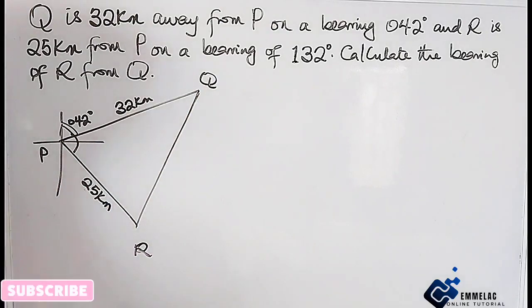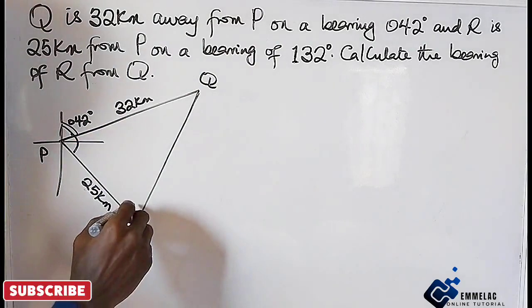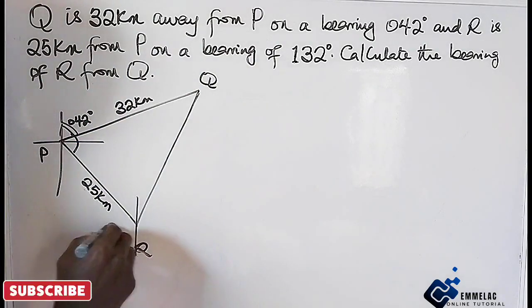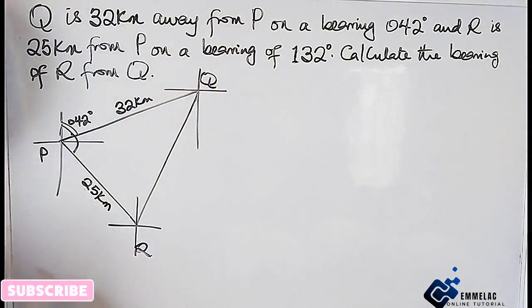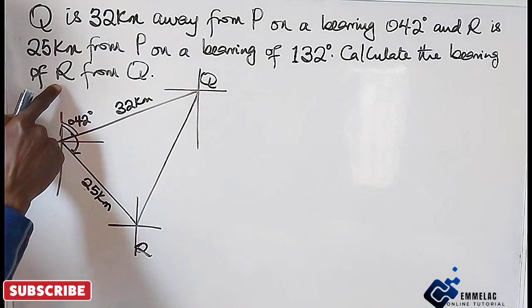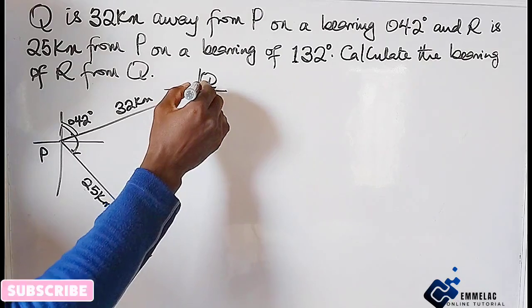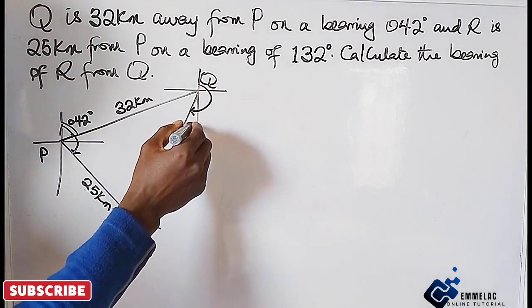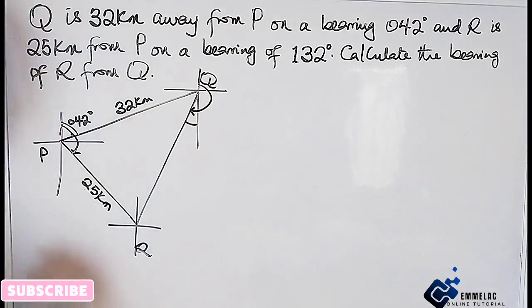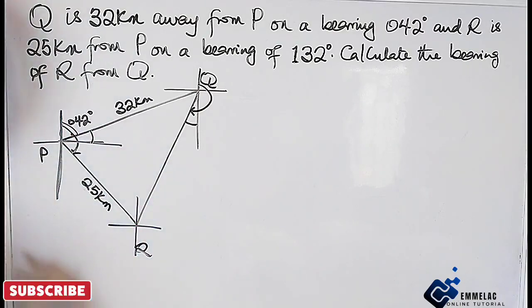So we are asked now to calculate the bearing of R from Q. We can actually complete this diagram this way. So we have to calculate the bearing of R from Q. We are starting from here down to this point is what we are looking for, and for us to get this, we will need to calculate this angle. Now let's just start. This angle here will give us